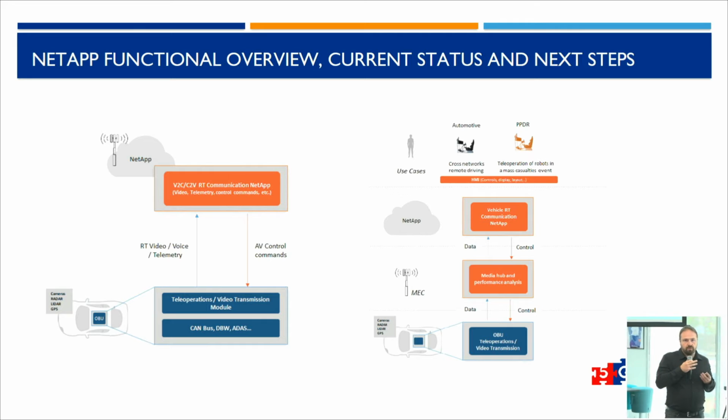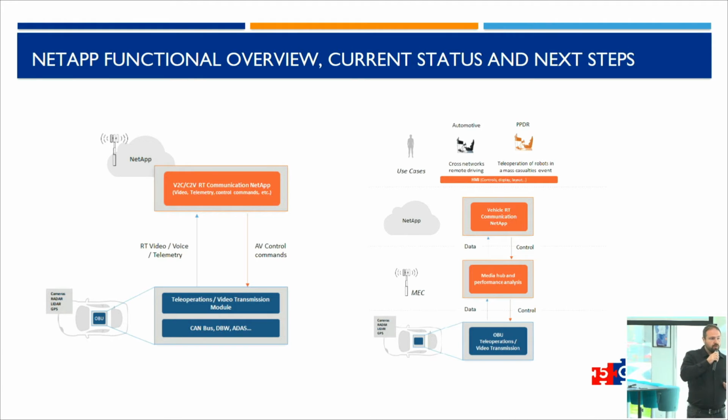Now, I'm representing two different use cases here in 5GASP. One solution is only monitoring of the vehicle video stream, and another solution is also the control. So we have two actual NetApps, each and every one with different challenges. The NetApp for only monitoring is just to transmit the video stream. The NetApp with control is not only to see the video stream and to transmit it to the operator, but